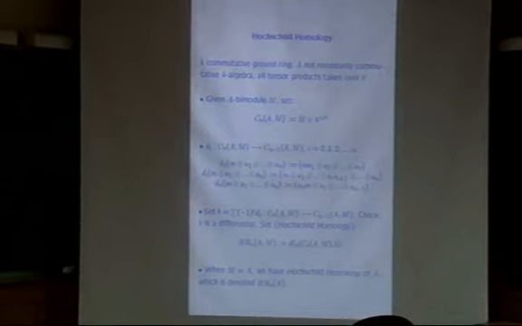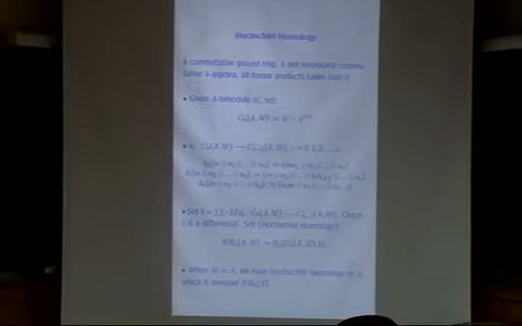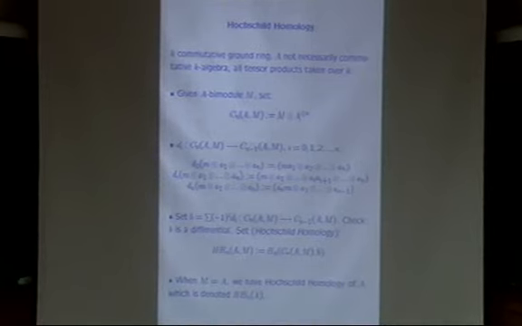Suppose K is a commutative ground ring and A is a not necessarily commutative K-algebra, and whenever we say tensor, we'll be taking tensor products over K. So that's the general instruction. Now given an A-bimodule M, we set C_n(A, M) as M tensor A tensor power n, and then we define